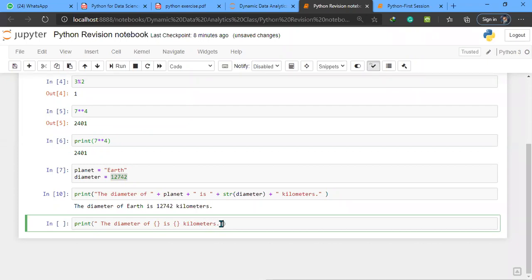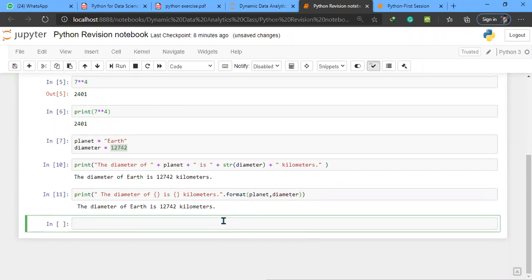Then outside the quotation marks, I can type the dot format. We will be using the dot format function. So here we will type in the variable planet, comma, then type in the variable diameter,